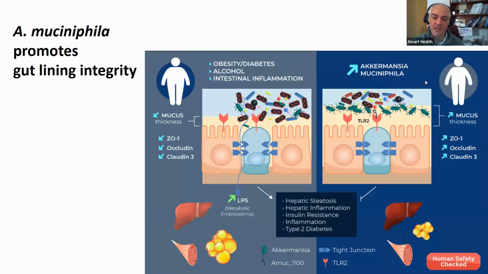If you remember, this is a slide from the January session, where we showed the importance of Akkermansia, which are these green bacteria here on your right. The importance of Akkermansia is to maintain a thick mucus layer. If we don't have these bacteria, then the mucus layer is very thin, and we start having the leaky gut, in which there is passive inflow of very toxic compounds and eventual inflammation.